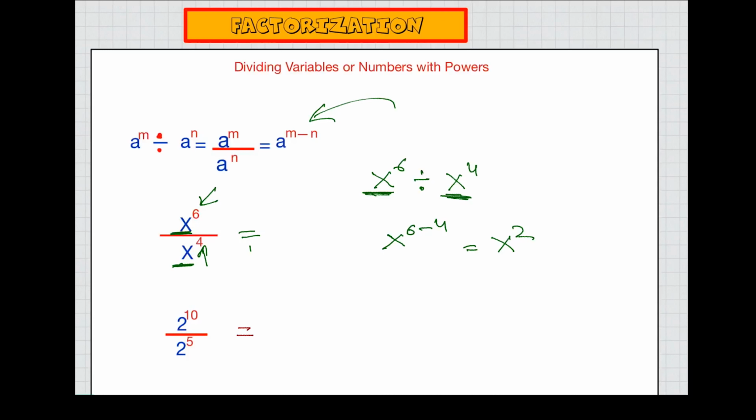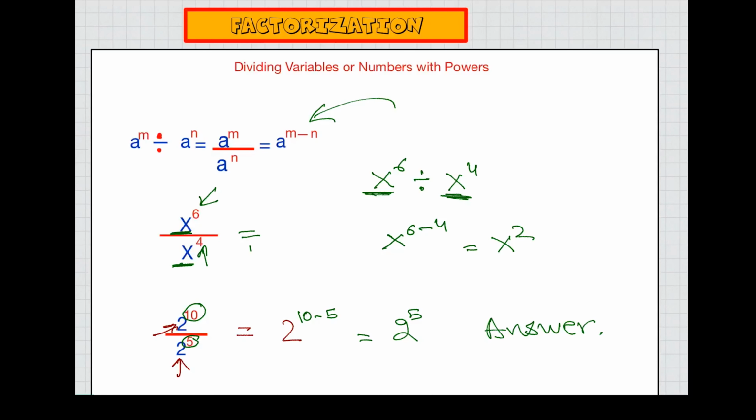First thing we need to see is the bases are same, 2 and 2. So what you need to do is basically write down the base, and then this power part, just subtract these two powers. 10 minus 5 gives you 2 to the power 5, which would be our answer. Easy peasy. So when you have